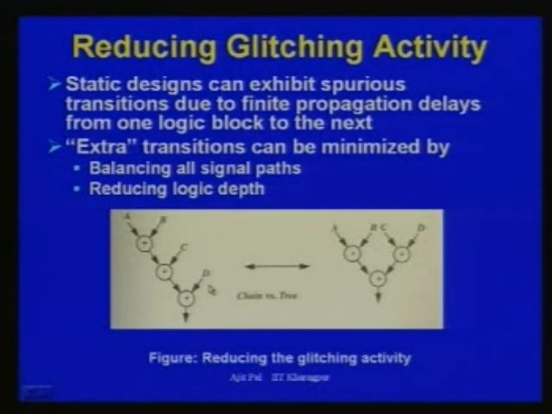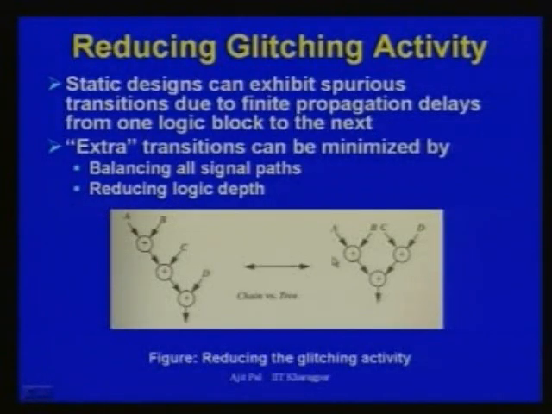Then I talked about the glitching power dissipation. How can you minimize glitching power? Glitching power can be minimized by balancing the circuit, instead of realizing the circuit in this manner. Suppose here you have to realize the OR of A, B, C and D. You can realize the circuit this way, or the same function can be realized in this manner, and in both cases you require 3 OR gates. But the difference is, in this particular case glitching power dissipation will be more, because here